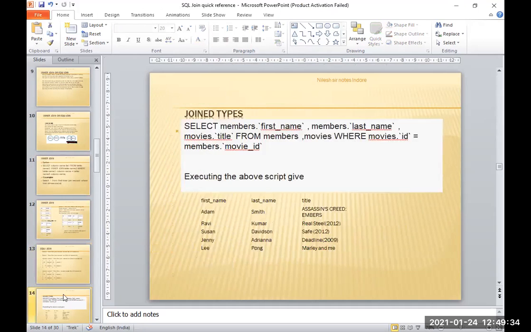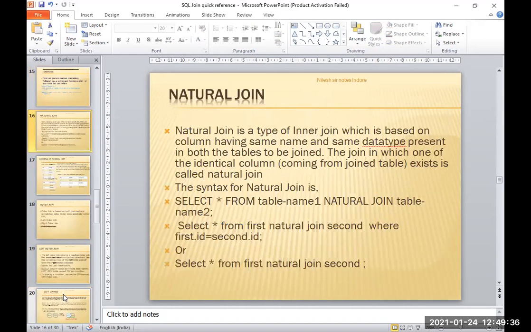Next, natural join is also the same thing. It is one of the types of join, but here only the natural keyword is used. Just apply it.